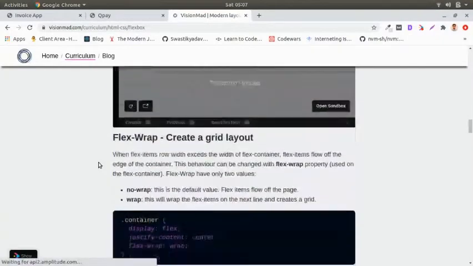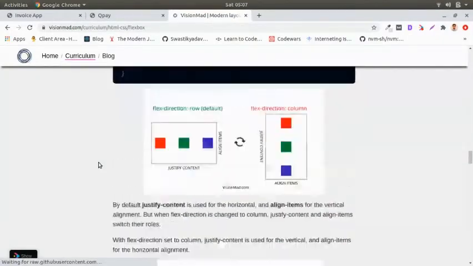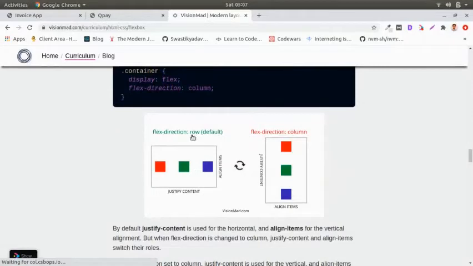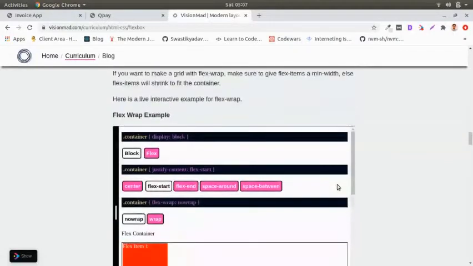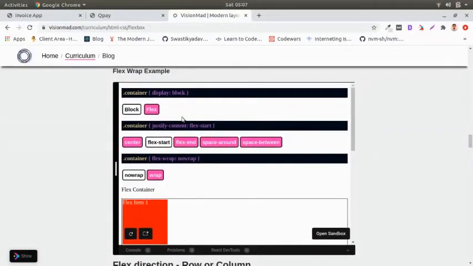So let's just look at the example quickly. Yeah, you see, if it's row, which is by default, justify content will align the horizontal direction and align items the vertical direction. But if you change to column, now the justify content will align the vertical items, and align items will do the job for horizontal alignment. So that's how it works. And yeah, we have these interactive pieces to work with.